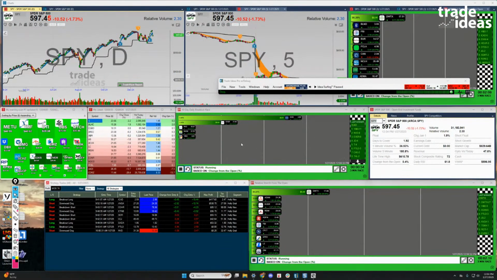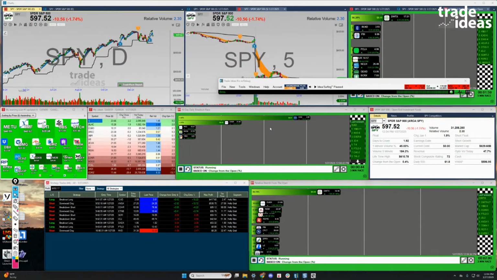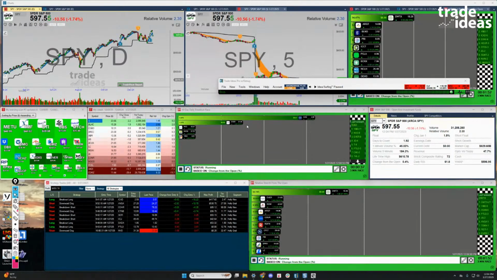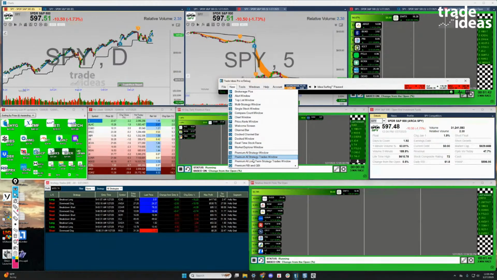This is my own layout. It's not a channel necessarily. I've never loaded it into a channel bar, but that's how I would do it personally. Of course, to each their own on that. But I do know we were talking on Friday, we built some scans and went over some scan building together. So, if you want to have your own stuff up there that you created, that you're working on, and then load Holly as a complement to all that, again, what I would do is the new premium AI strategy trades window. Make sure to take that one right there, the premium strategy trades window, and load that way.